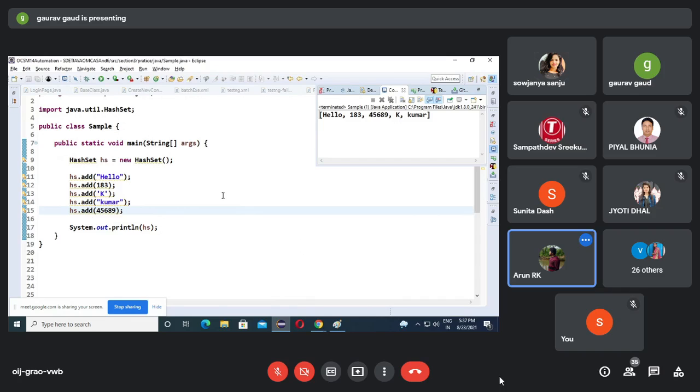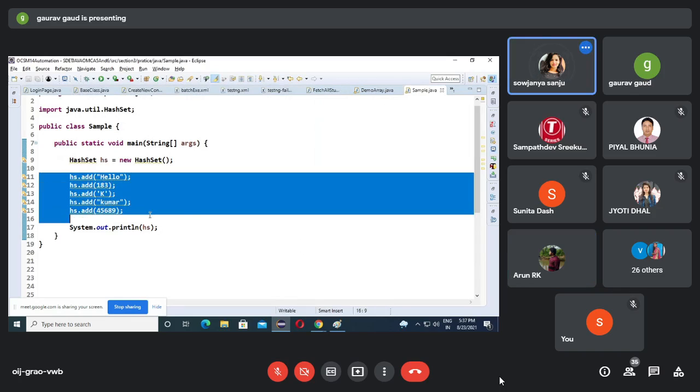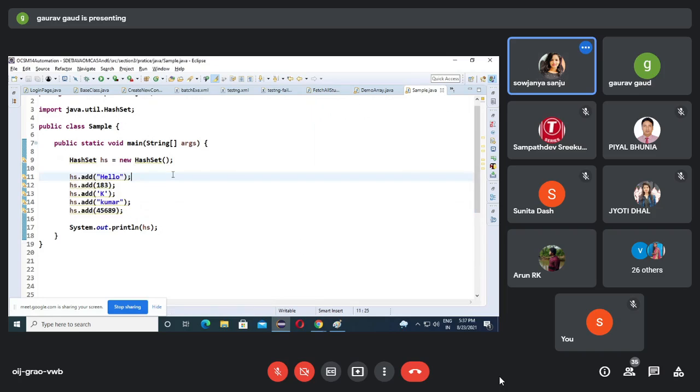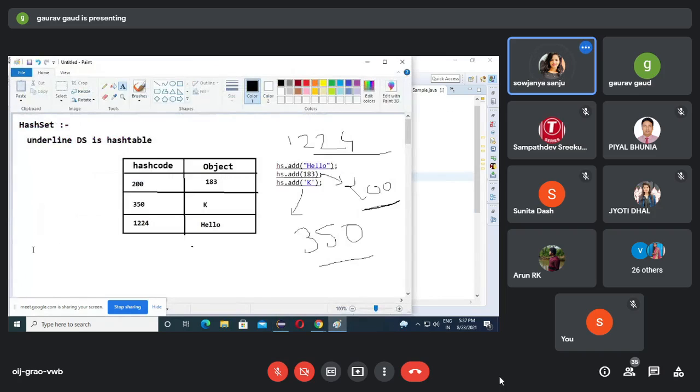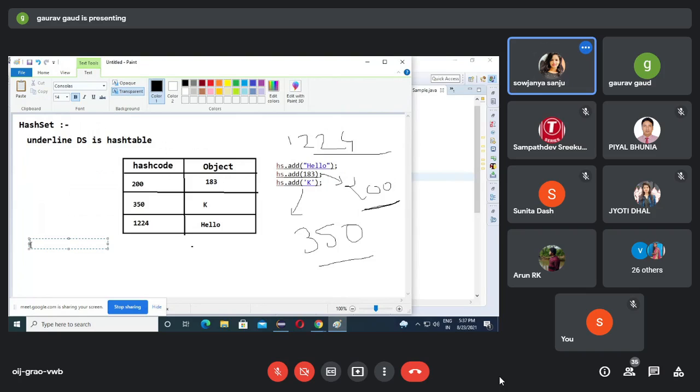Now here, data is arranged in which format? Based on hash. So here the point is very simple: in a hash set, data is arranged based on the hash code of an object.